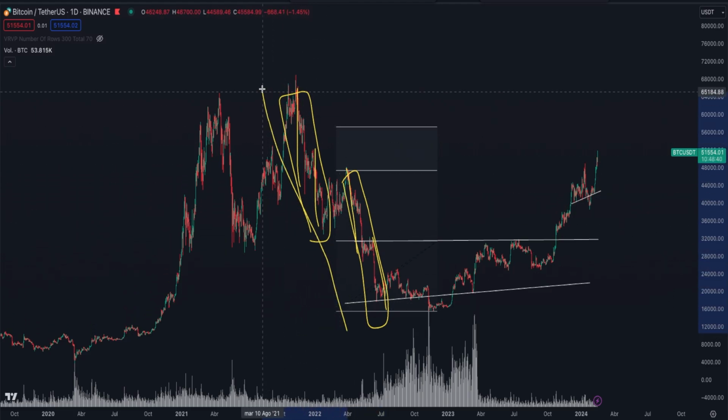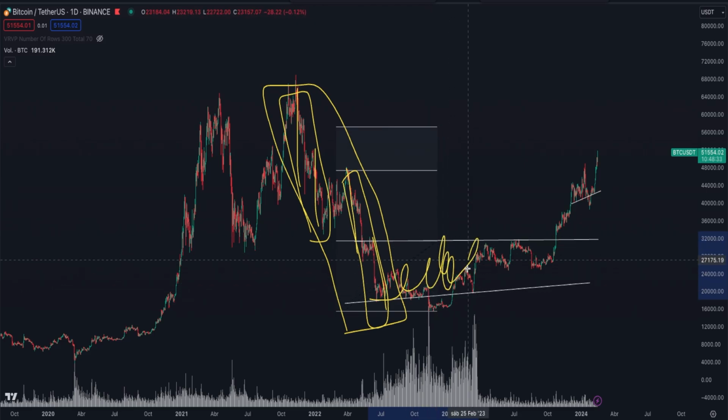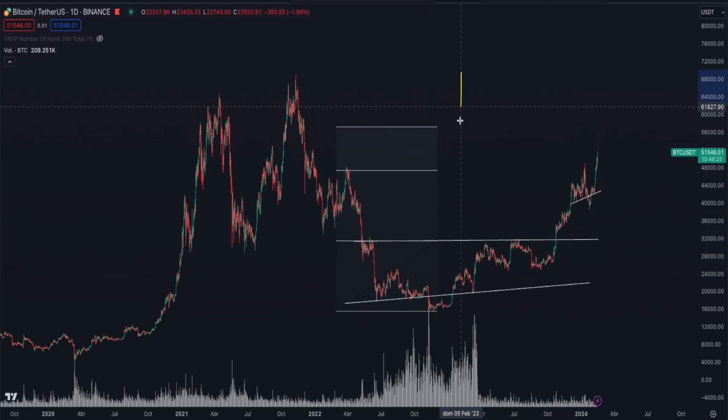Here we have a much larger macro downward impulse, and here we are experiencing this corrective pattern. As I mentioned earlier, corrective patterns can occur in different ways. Some of them have a brief correction, a minimal pause to seek continuation. Others, on the other hand, require a somewhat deeper correction. We call them simple corrective patterns to then seek that continuation.